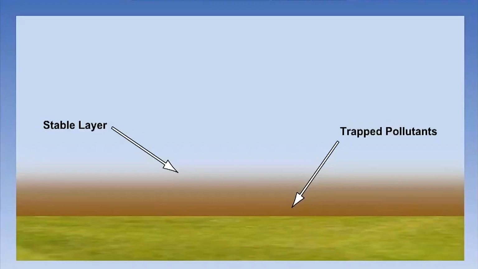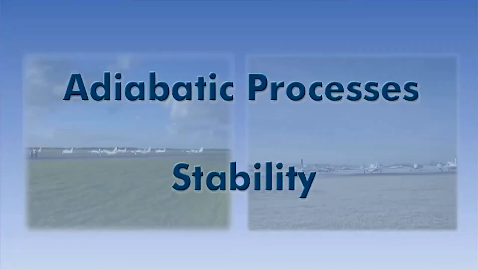With a stable atmosphere, there is little vertical movement of air. We find that airborne pollutants tend to stick in the air where they are initially introduced. As the Earth's surface is the source of most pollutants, the visibility low down in the atmosphere is often moderate to poor in a stable air mass. This completes the lesson on adiabatic processes and stability, but both of these concepts will